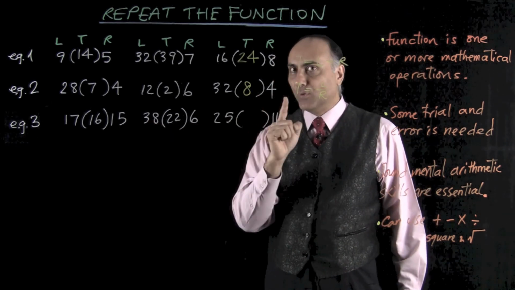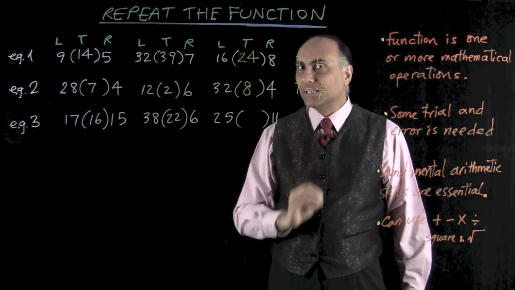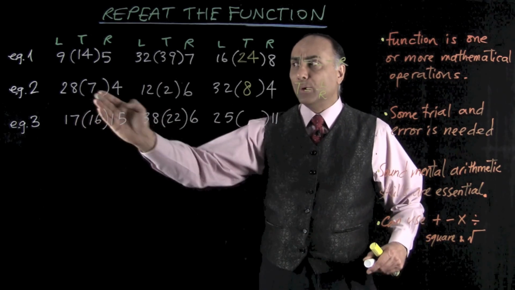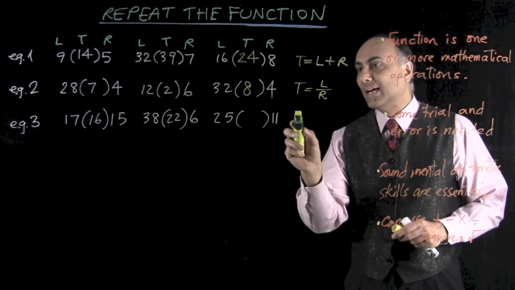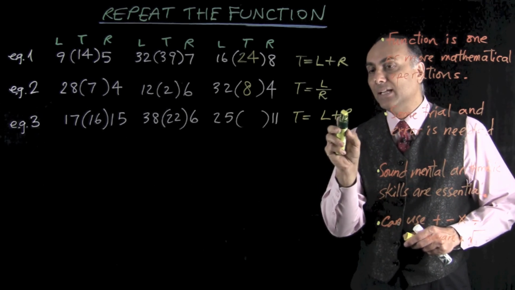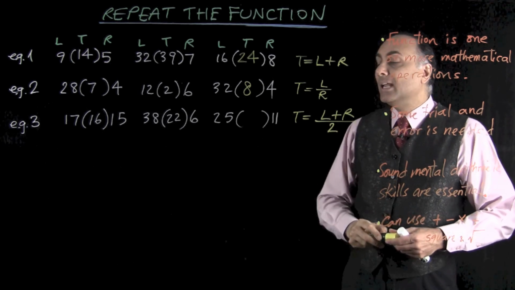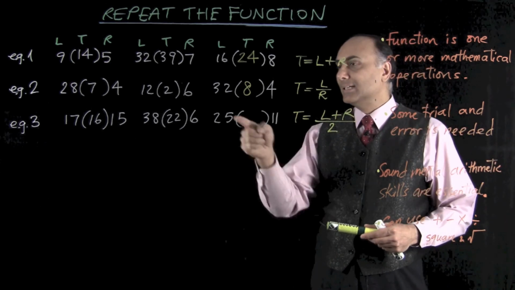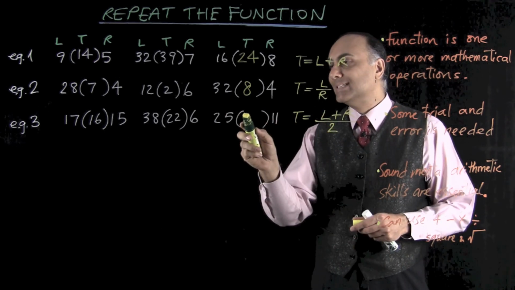38 add 6 is 44. Half of 44 is 22. So I've worked it out. So it's left plus right, then divided by 2. And I would write that in algebra as t is equal to left plus right divided by 2, which we would normally write as a fraction. And when I apply that to the third set, it's 25 add 11, which is 36, and half of 36,